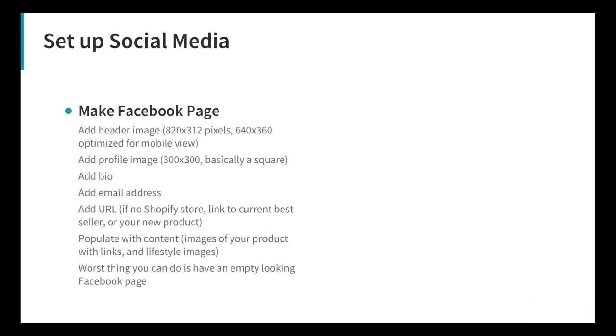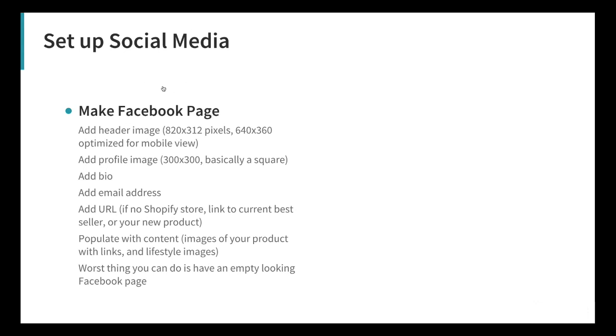So if you want to start doing prints on demand, and if you want to start using Shine On, before you get into ads, you need to set up your social media. You need a platform or a container to run ads off of. It's not a good idea to use your own Facebook account to run ads from, because you're potentially then opening that account up to millions of people around the world that you will then run those ads to. So what you do is create a Facebook page,